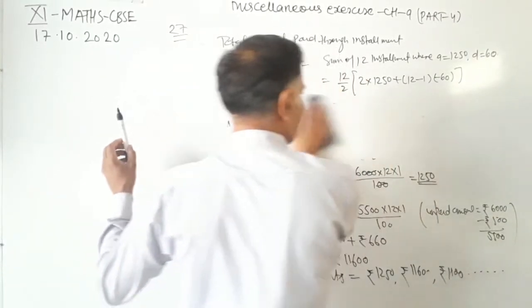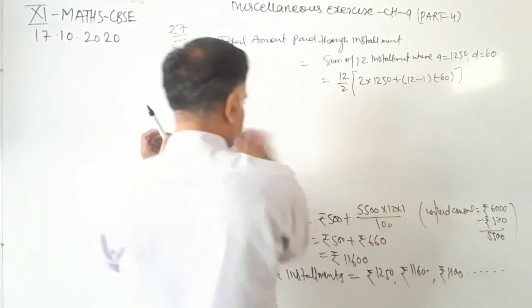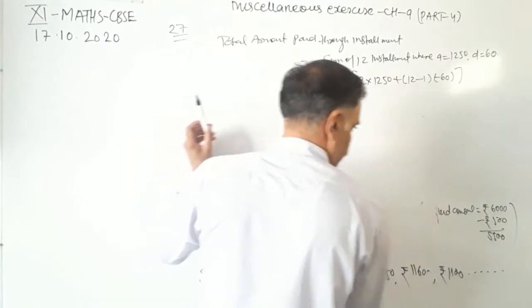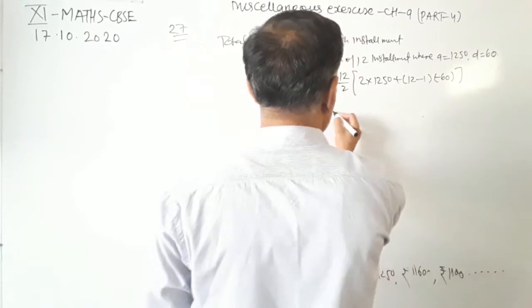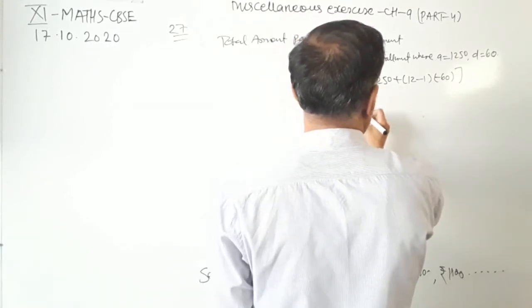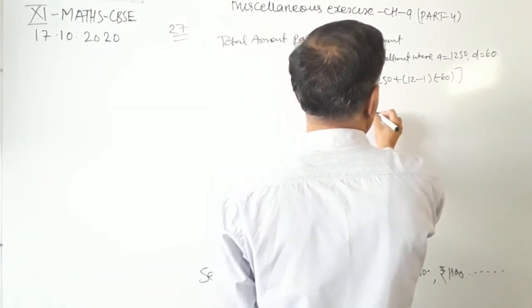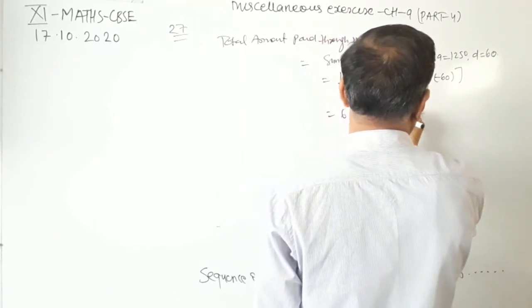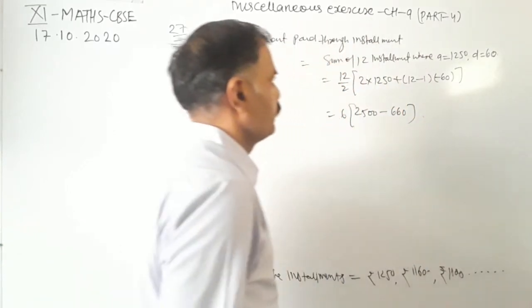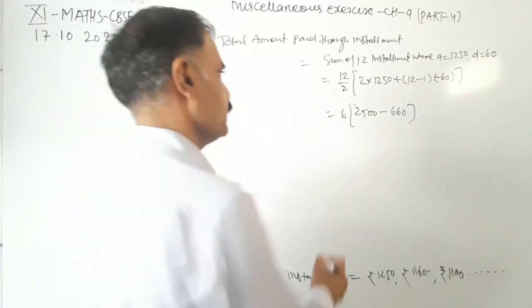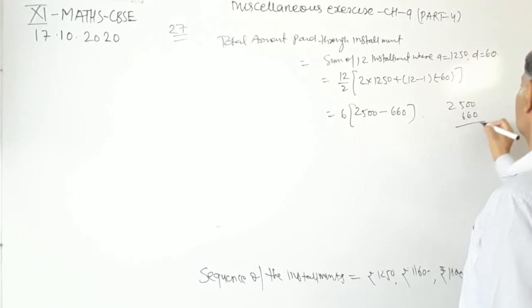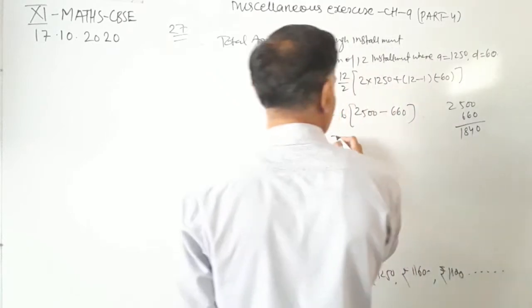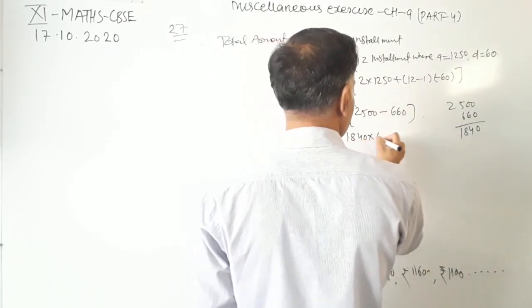Solving this, we will get the amount that the farmer pays in installments, which is 6 into 2500 minus 11 into 60, that is 2500 minus 660, which is 1840. So 1840 into 6 is equals to